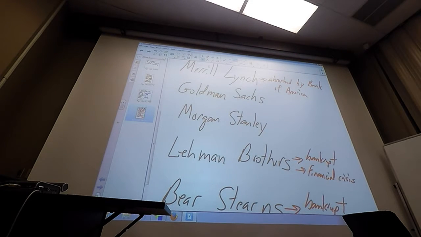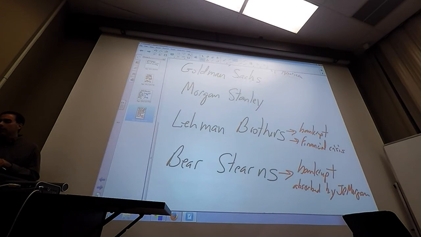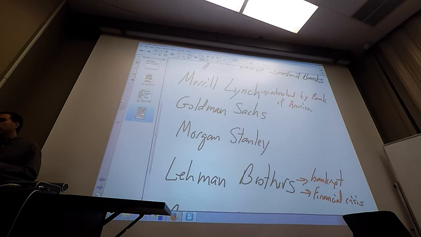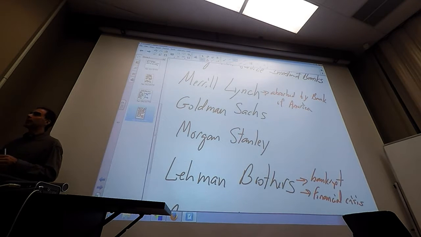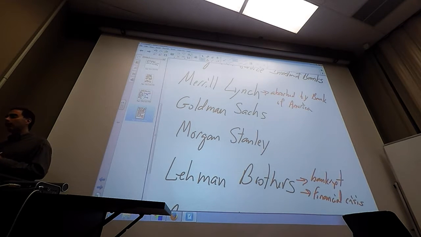So after this process, basically the pieces of Lehman Brothers and Bear Stearns were both kind of taken over by J.P. Morgan. So J.P. Morgan went from being a commercial bank to a commercial bank / investment bank. Bank of America absorbed Merrill Lynch, so it became a commercial bank / investment bank. So this is kind of how the commercial banks and investment banks merged together after all this time of being separate. And then the last two, Goldman Sachs and Morgan Stanley, they survived,